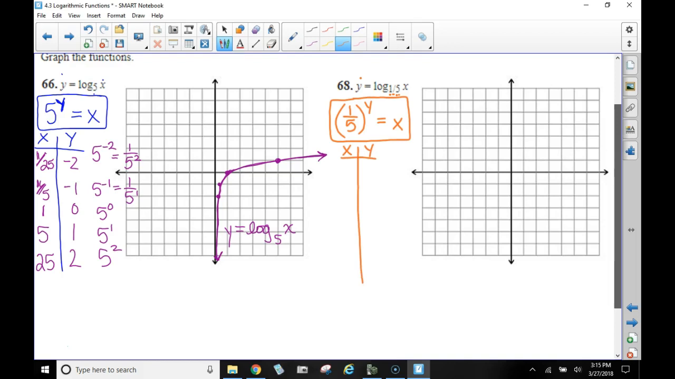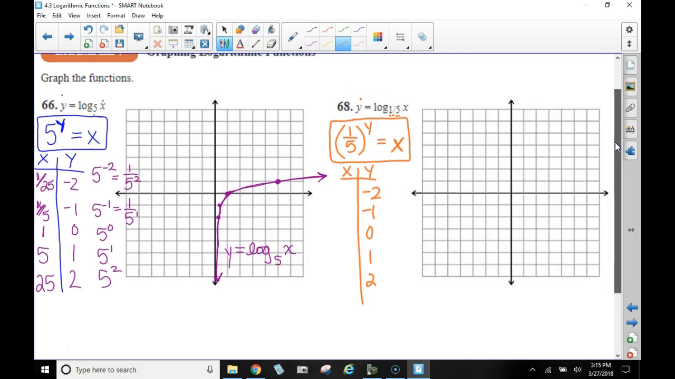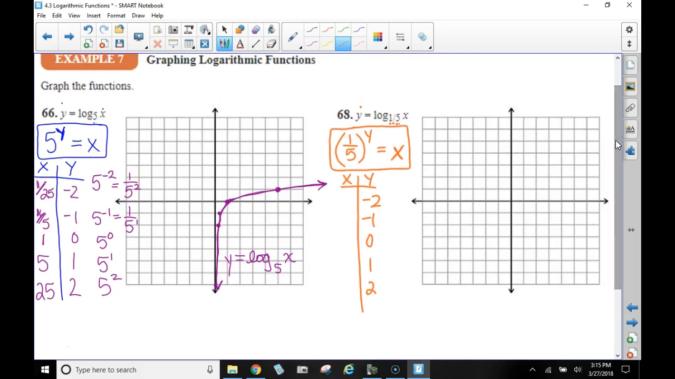But what I want to do, instead of picking out values for x over here, I'm going to pick out values of y. Let's do those same -2, -1, 0, 1, and 2. And then let's find the corresponding x values. I think I'm going to scroll up here a little bit and I'll be able to do all that chicken scratch up here. So my first x value, when y is -2, x is going to be equal to 1/5